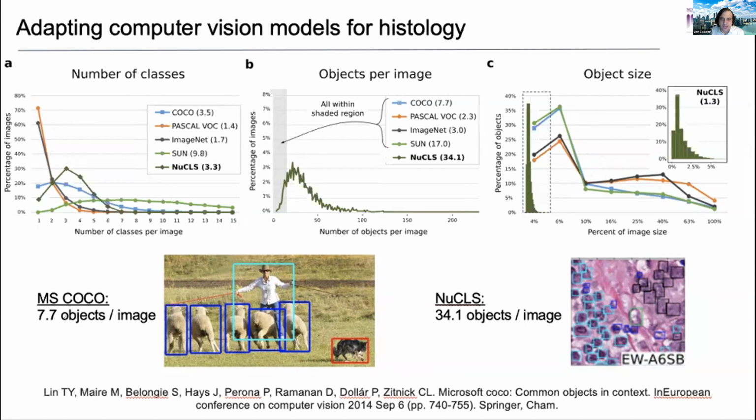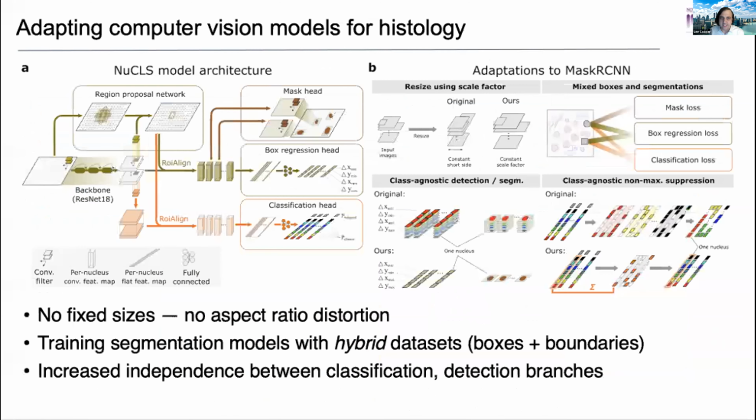And then I think the average size of one of these objects takes up roughly 10% of the image, okay? When we're talking about nuclear data sets, and ours in particular, we average 34 objects per image. And the average size of something in the image is 1% or less. So the objects are smaller, they're more numerous. And that should really inform the algorithm design. So we did take this Mask RCNN algorithm and then adapted it with these things in mind.